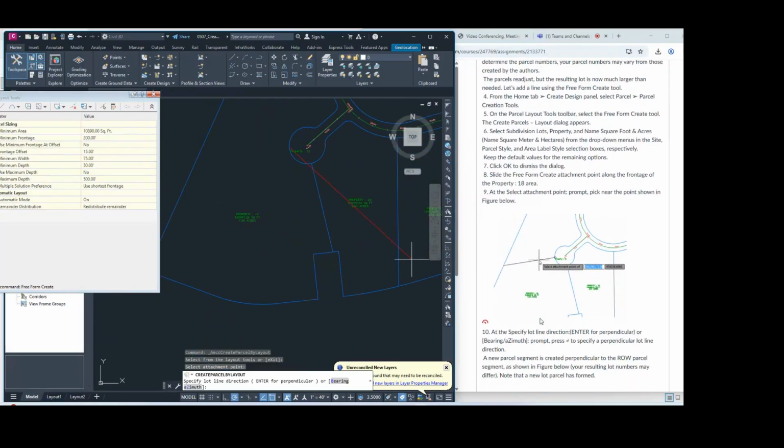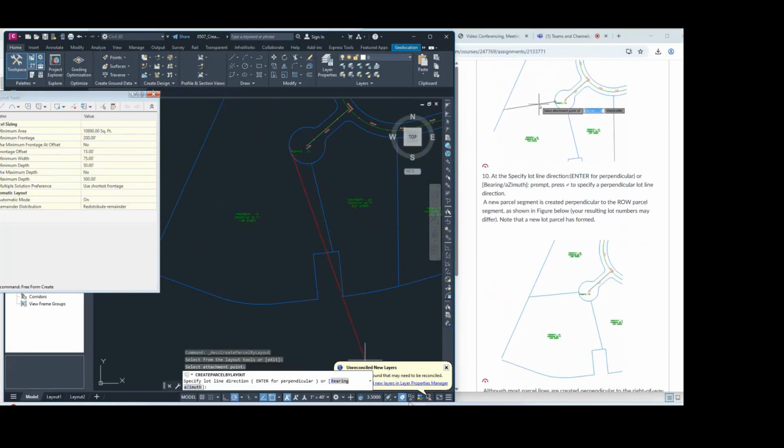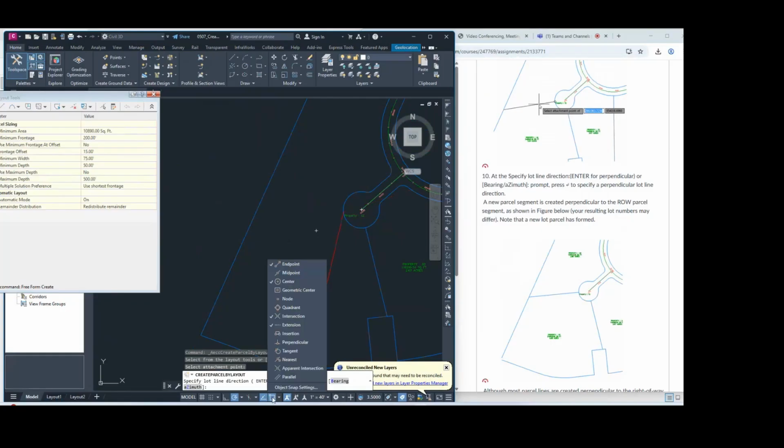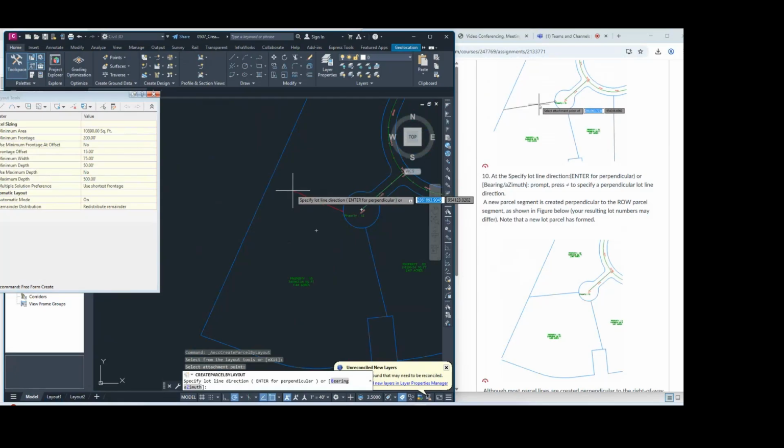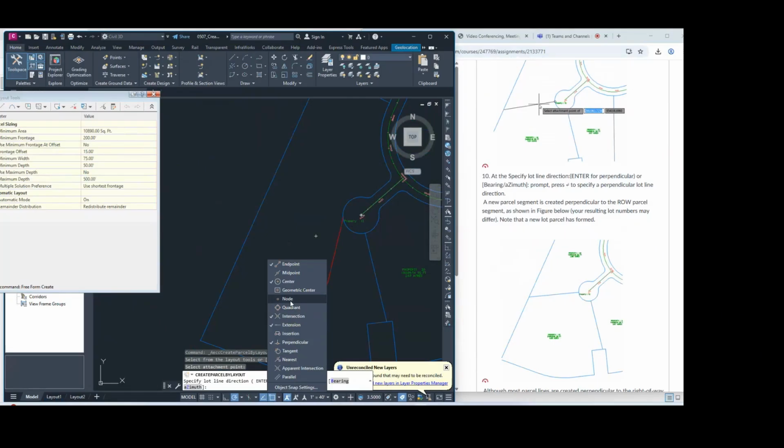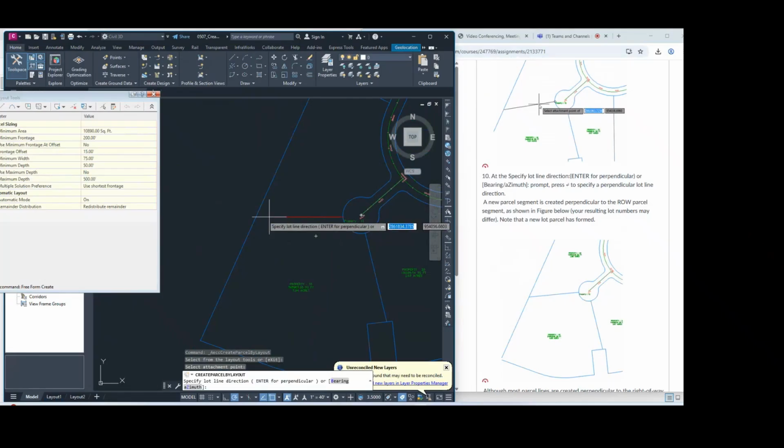You need to go to OSNAP. What point did you put? A random point here. And you need to go to OSNAP and turn on. If you turn on perpendicular, you can draw a line perpendicular from here to this line. Or you can, don't have any note here. It's better to turn on perpendicular